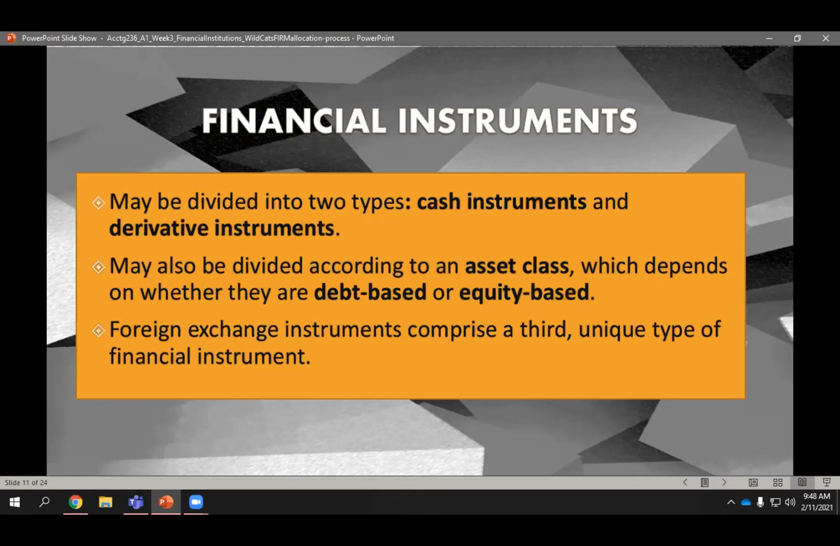Then we have equity-based. It is manifested by stocks. It involves selling part of the ownership rights by issuing stocks of the company. Examples of these are stocks, stock options, and it can be exchanged or traded accordingly. Next, we have